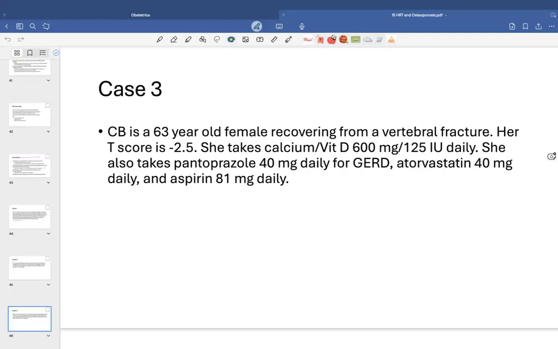Then it becomes complicated. Well, then is she going to be at risk for GI bleeding from the aspirin? Probably not, but you have to weigh that as well. But the more important, more acute thing is to manage the osteoporosis. Again, with a T-score of -2.5 and fracture history, we are going to go ahead and treat osteoporosis with either a bisphosphonate or